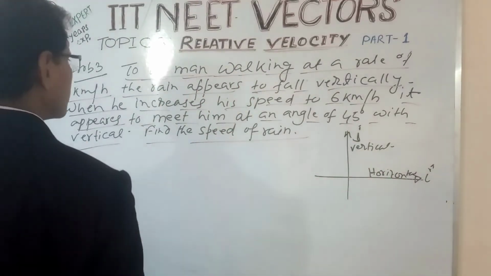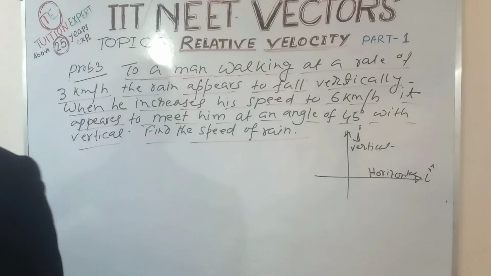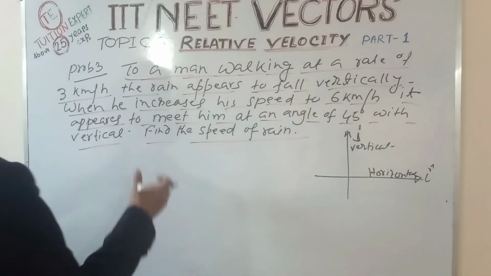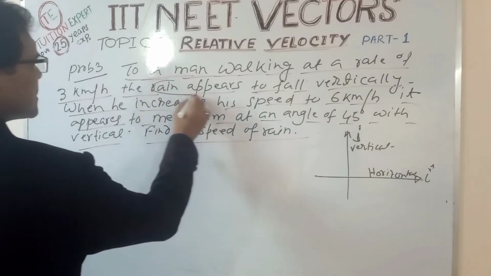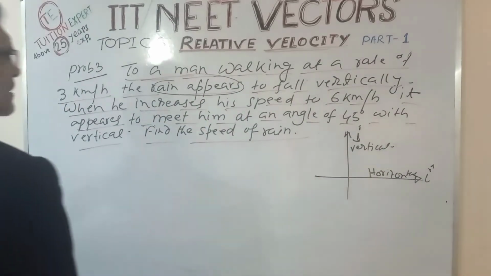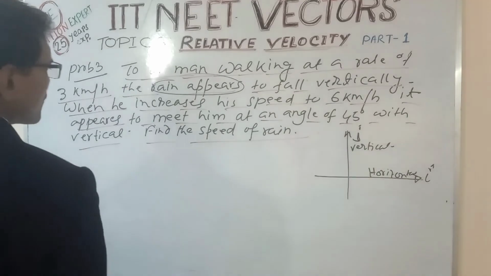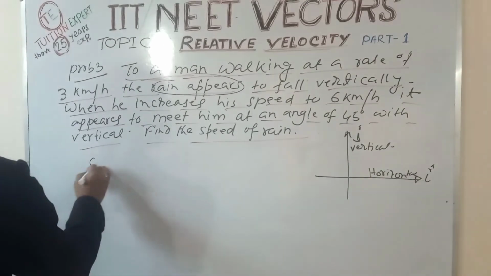Now here the problem, we don't know the actual velocity of rain. The relative velocity is given. Relative velocity of rain is given, but we don't know the actual velocity of rain. So solution: